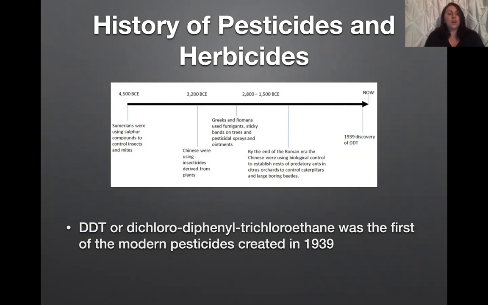diphenol trichloroethane, which is called DDT, and it was the first of the modern pesticides created, and it had great effects at combating many deadly insect-borne human diseases, and it was very effective in commercial crops and home gardens. However, it was put out of use around 1970 when there became a large sum of accusations surrounding toxicology and lots of environmental issues and its carcinogenic properties.